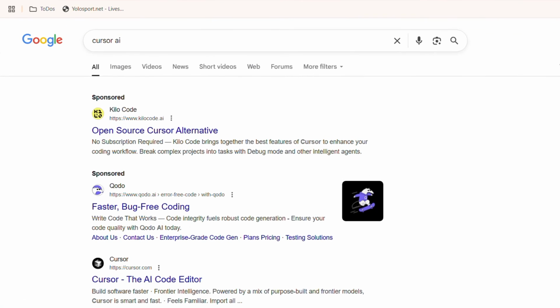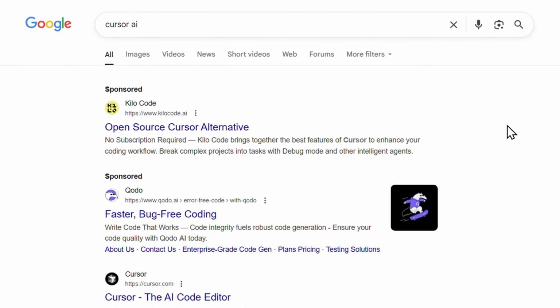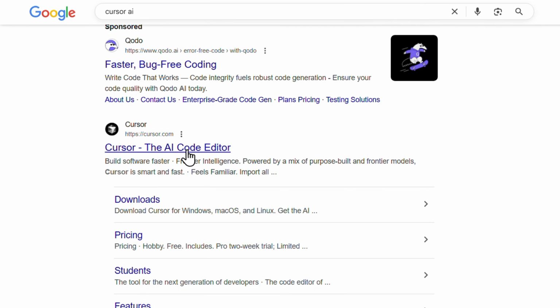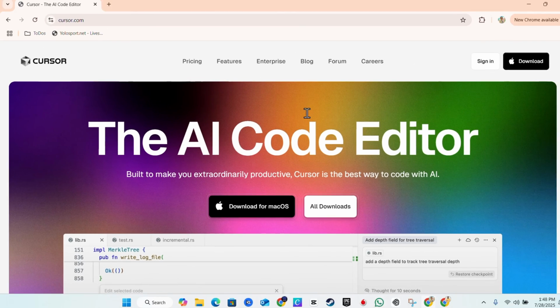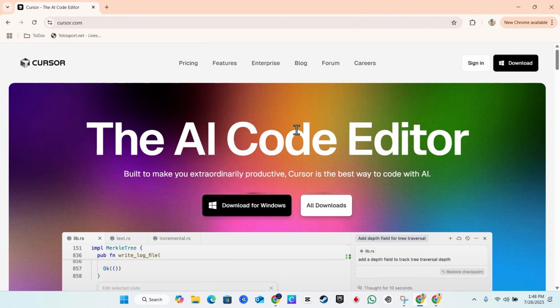What's up guys, in this video I'm going to show you how to create a Corsa AI account. So guys, all you have to do is just open up your browser and type in Corsa AI. You'll find in the search result Corsa here, or if you know the website, just go to corsa.com. Super easy, corsa.com. Head over to the official website guys, and you can easily create an account by simple click